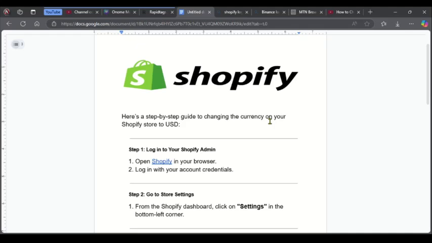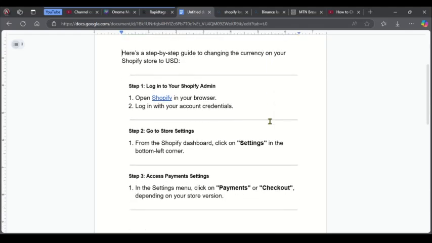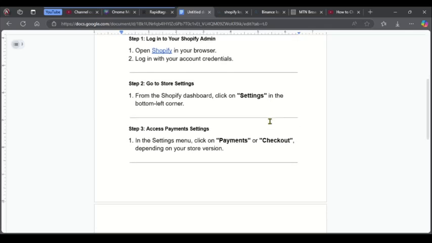So the first step is to open your browser and type in the Shopify website. Then once you do that, log in with your account credentials. Once you do that, tap on the settings. The settings are located on the dashboard, and you can find the settings icon at the bottom left corner of the Shopify store. Once you do that, then tap on the